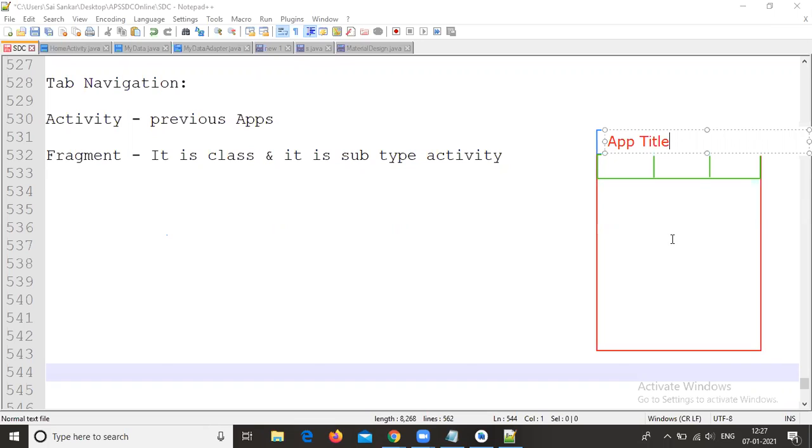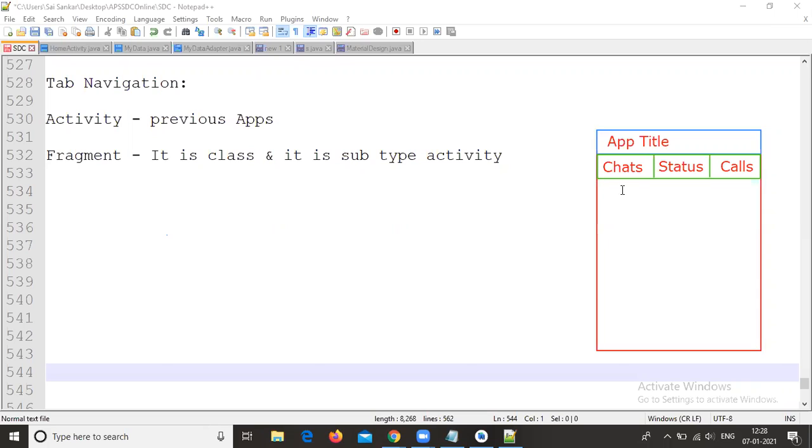Here the app title, and here the tab titles are available, like Chats, Status, and the last one is Calls. So the tab navigation will be displayed like this.